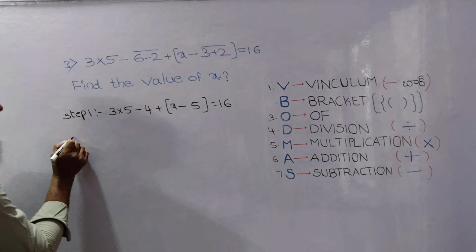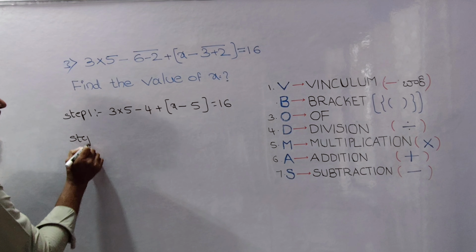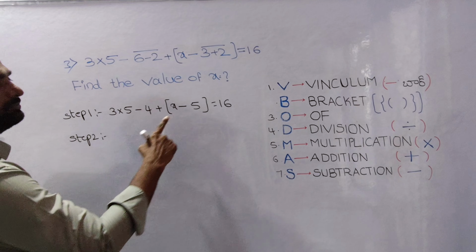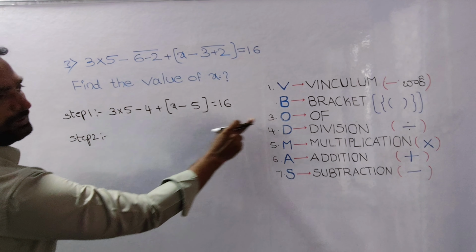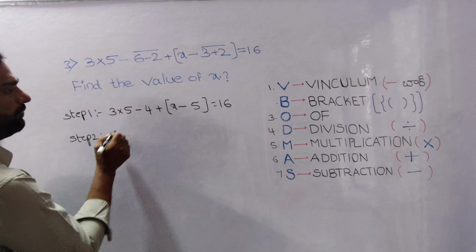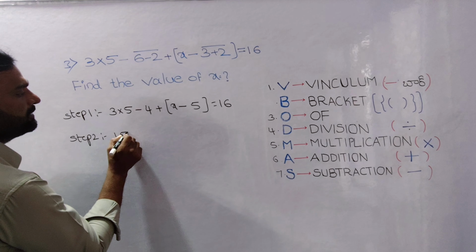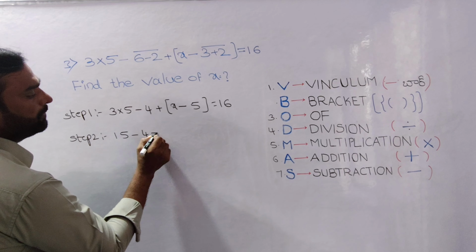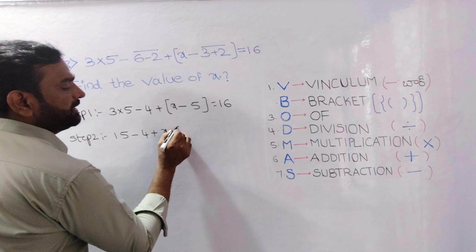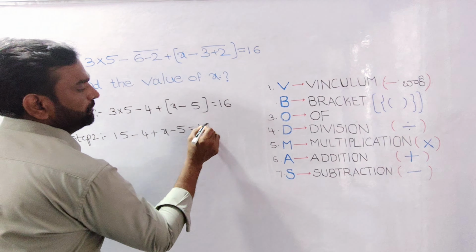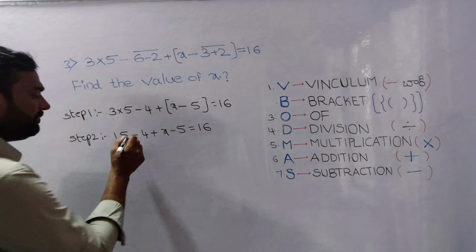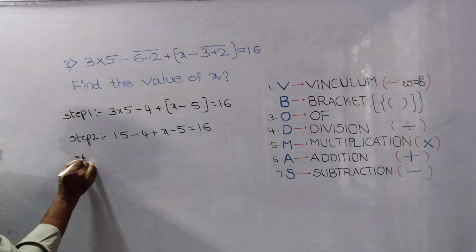Okay. In next step 2, bracket, of and division. So we can write here 3 into 5, that is 15 minus 4 plus of x minus 5 is equal to 16. Okay. Now in step 3 we can do,